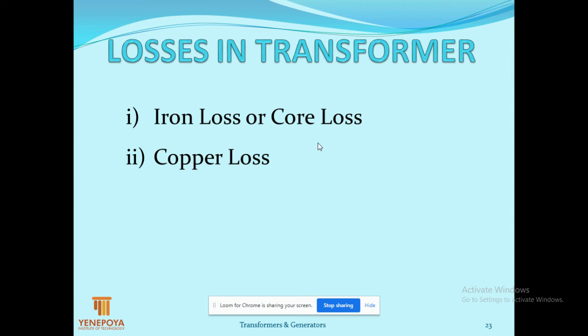When the current is 1 amp, 1 squared into R, that is 1 R. When the current is 2 amps, 2 squared R, it is 4 R. When the current is 4 amps, 4 squared R, 16 R. Hence, it increases in square. As the load increases, the loss increases. As the loss increases, the efficiency decreases. We know the formula for efficiency: it is nothing but output power divided by input power into 100. Input power is nothing but output power plus losses. As the denominator increases, the efficiency decreases.